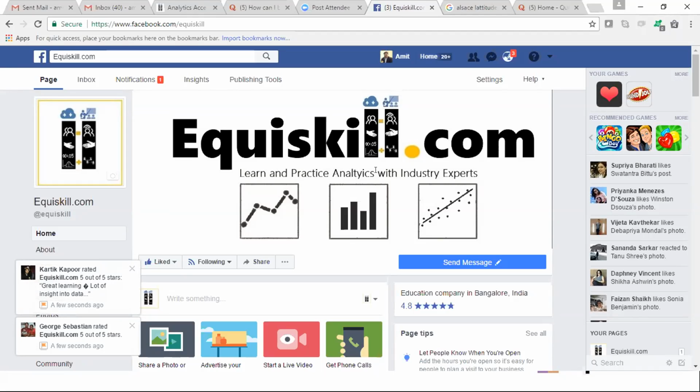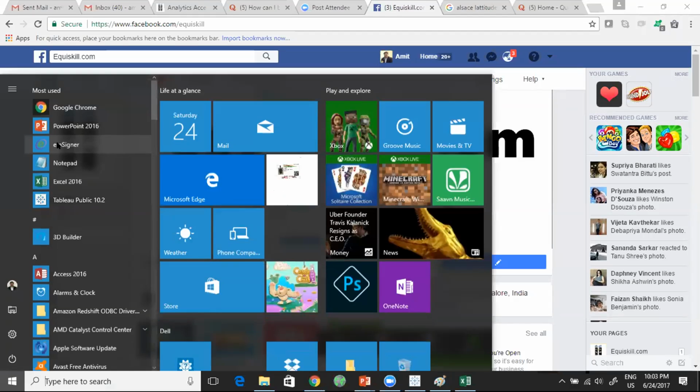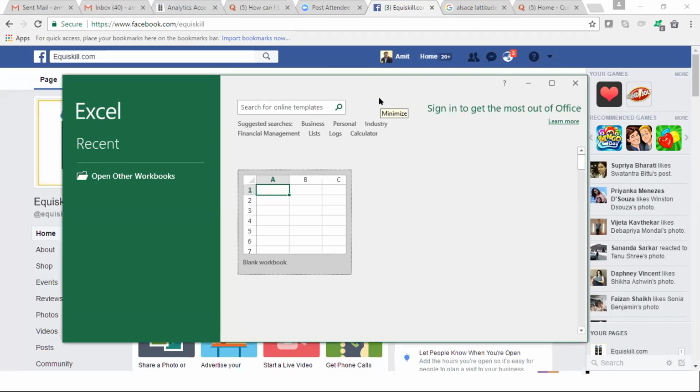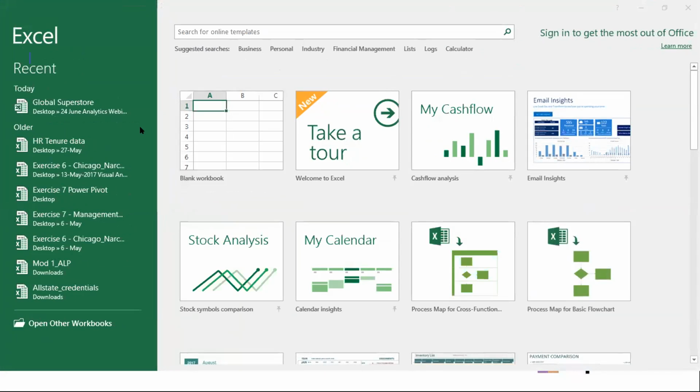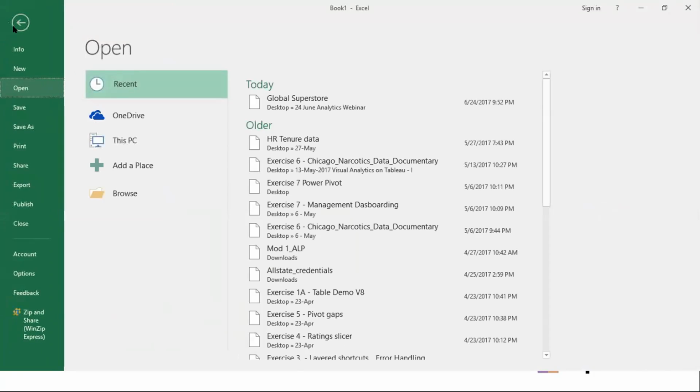Install Tableau and Excel before the next class, okay? So I'm going to show you how to do that now. Just in case you have a few more minutes, I'll show you using my version of Excel. I will email you the link for Excel. And here we go, it's opening up, and inside Excel you can actually install Microsoft Business Intelligence tools, and I'll show you how. There you go. Once you install Excel free of cost, I'll show you how you can get the latest version of Excel free of cost.